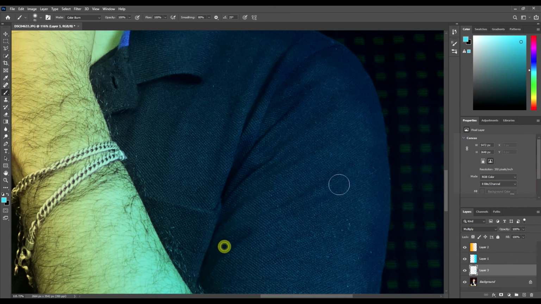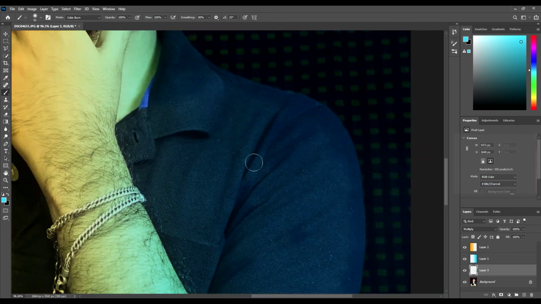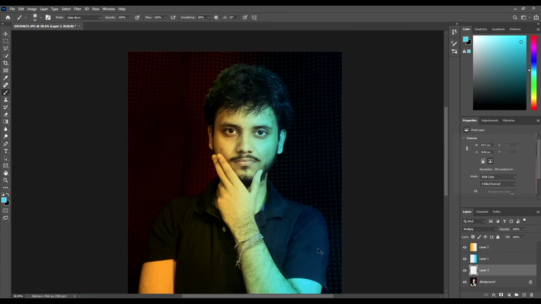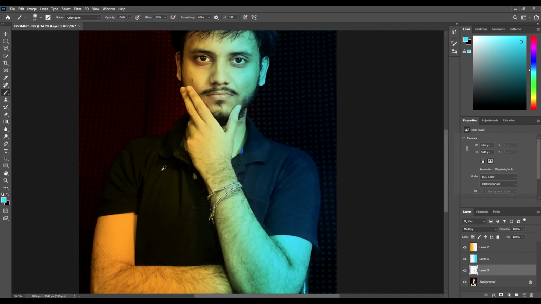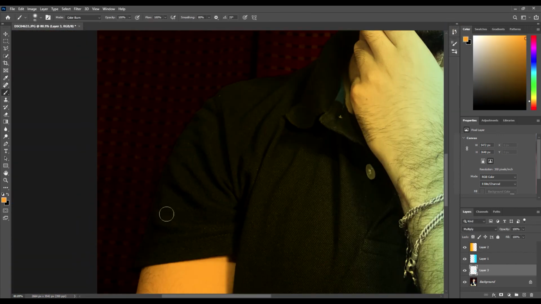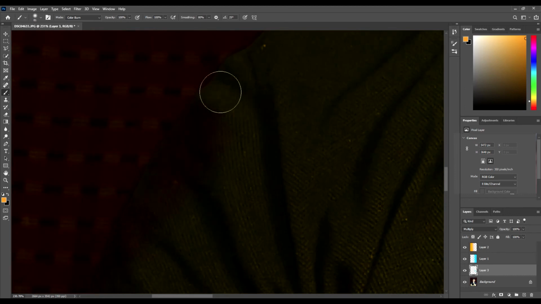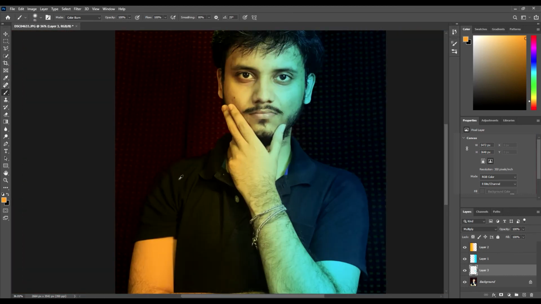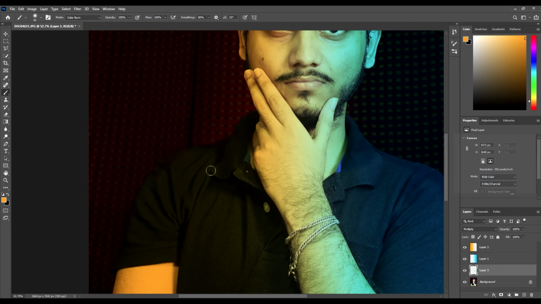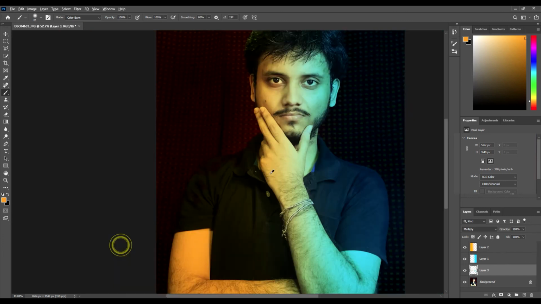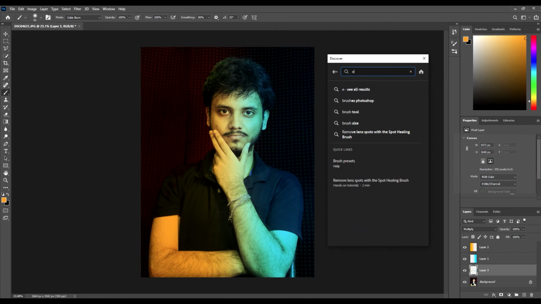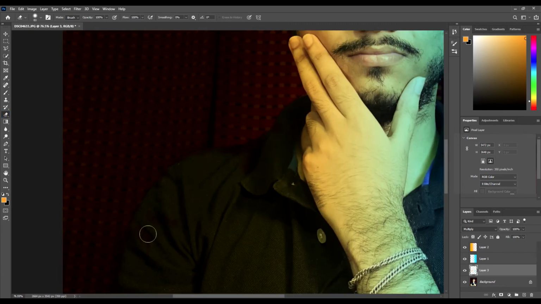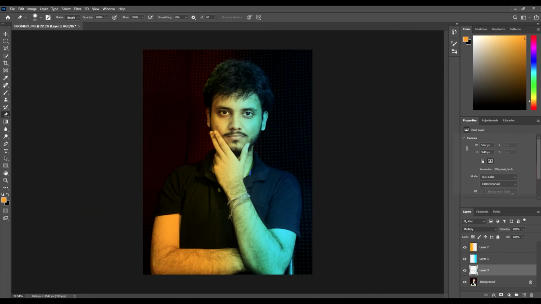So after you have drawn these lines, just make sure to zoom out and see whether it looks realistic or not. Now I'm going to do the exact same thing for the other side of the image. So I again don't know if you can see the difference, especially on your shoulders. It is going to cast a shadow on your shoulders, and it is going to make you feel that the light is there.